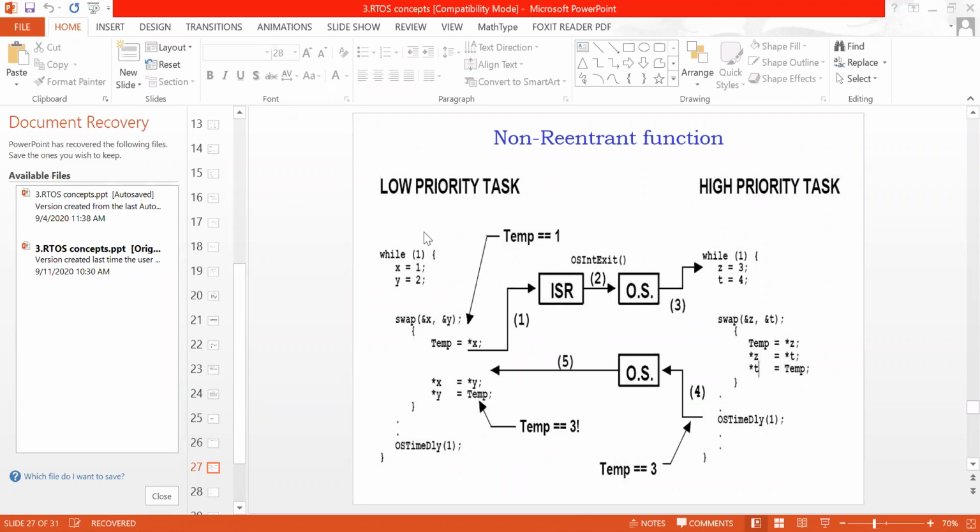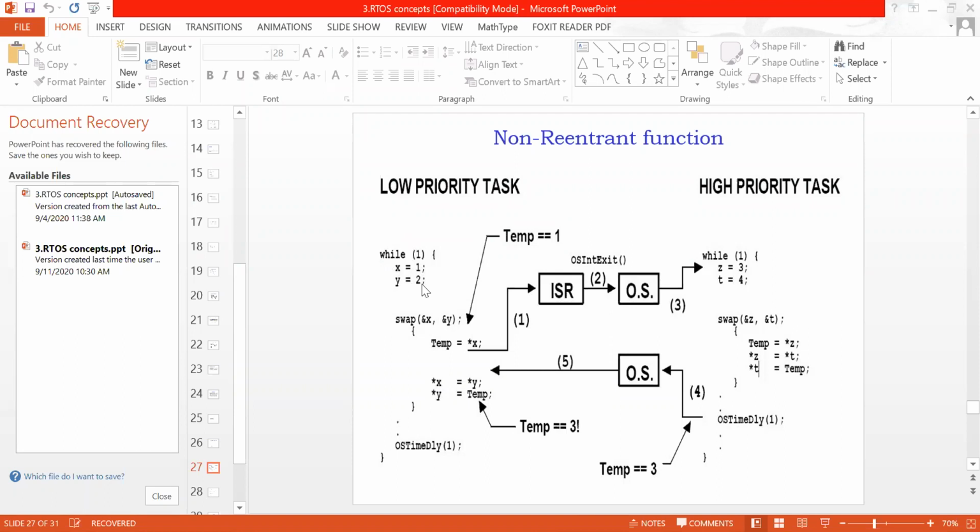As usual, we know that the microcontroller will always execute the low priority task. For the low priority task, I have written some C code over here. Read the statements carefully. File 1, curly bracket, x equal to 1, y equal to 2.